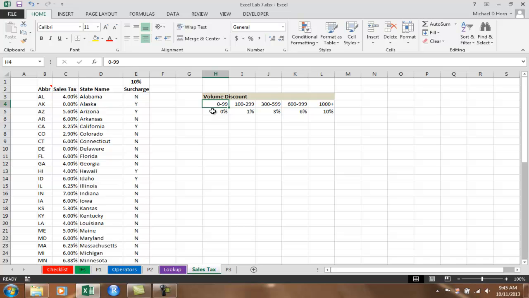Okay. So they get a discount. If they order, say, $100 to $299.99 actually to be exact, we'll cut 1% off the bill. And if it's $300 to $599, they get 3% off, and so on. Is that all right? Everybody understand that part? Okay. Now, I can write that as an if statement,